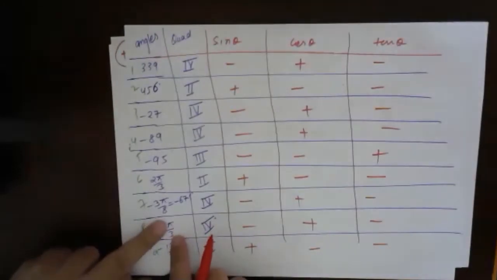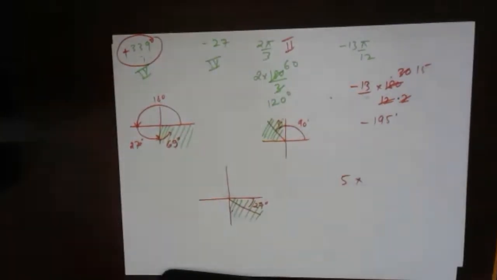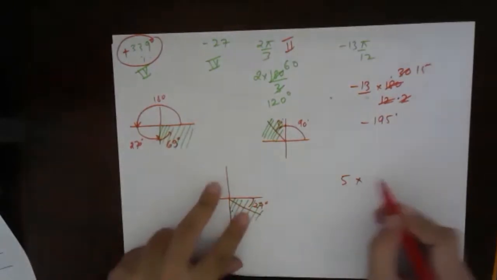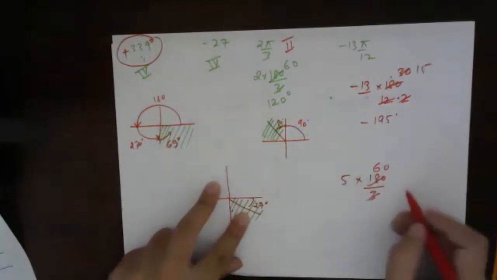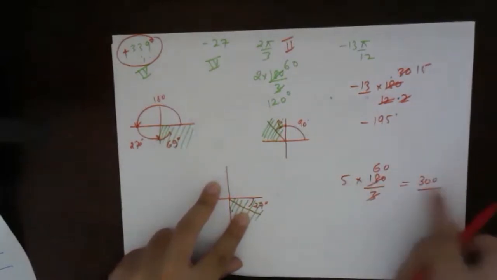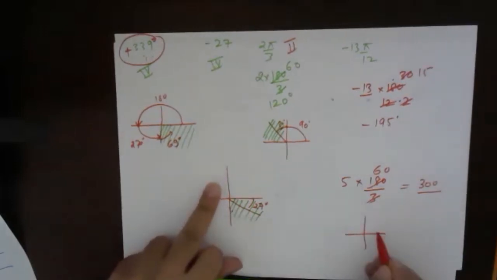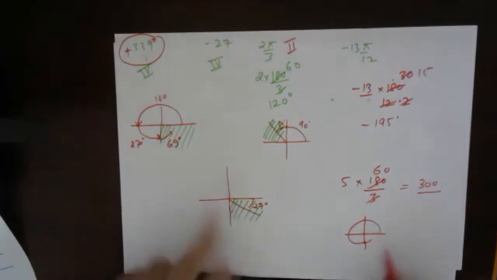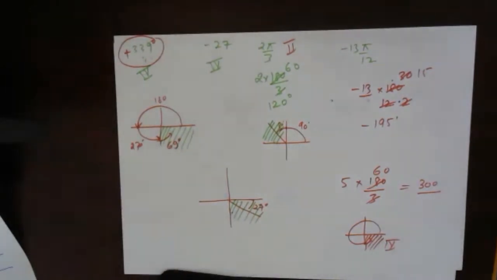So pi by 3 is okay. Plus 5 pi by 3. So 5 into 180 by 3. 3 sixes are 18, so 5 sixes are 30, so this is 300 degrees. 300 degrees means in which quadrant? See, from here to here I have moved 270 degrees, and then if I move 30 degrees more, it will be 300 degrees. So that means in here. This is again in the fourth quadrant. So I think I mentioned the fourth quadrant only.